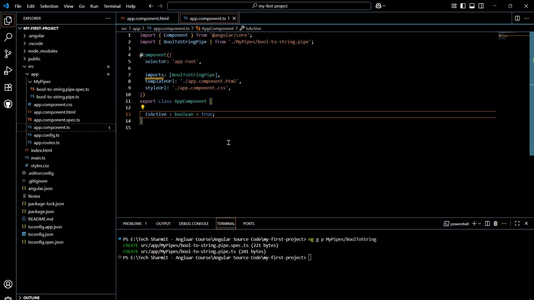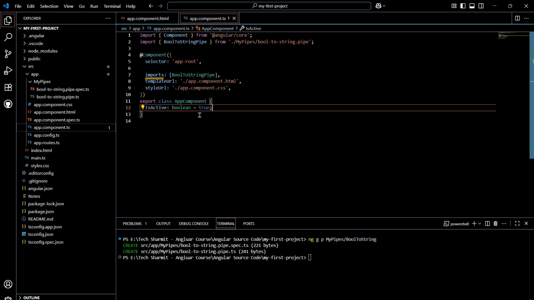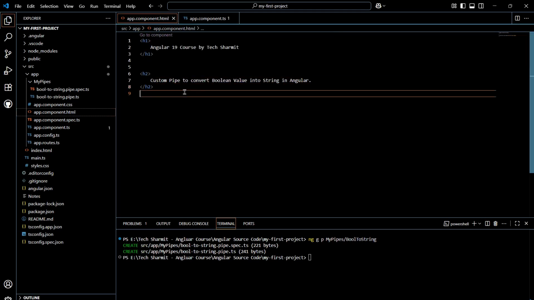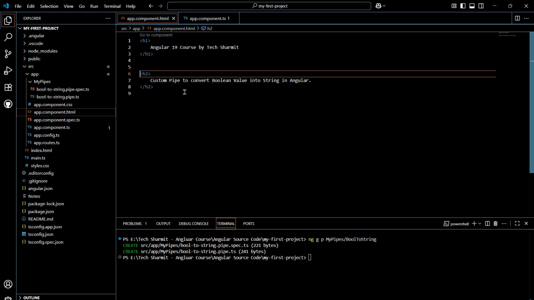Okay, so make sure to write it in the same case, then you can save it. So with this, what we did, we declared one variable, isActive, and stored the value as true. Now next, we will go to the app.component.html file. Here in this file we have this heading, and after this heading we will use the